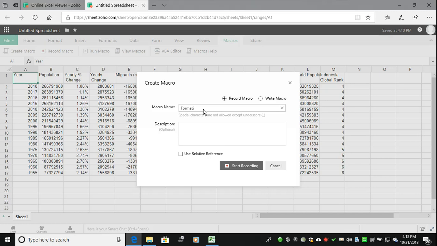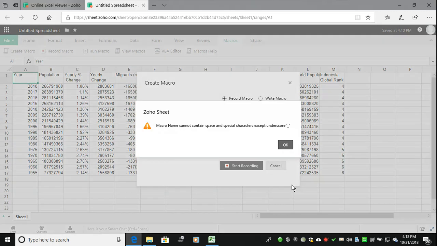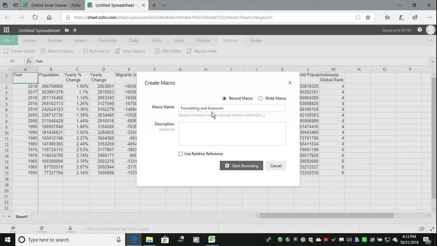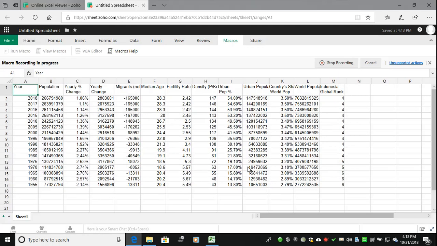Formatting and AutoSum. Suppose I want to record some formats and AutoSum for sample. So we'll see how it works.